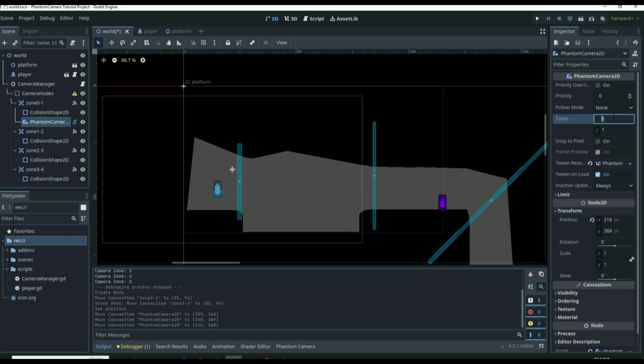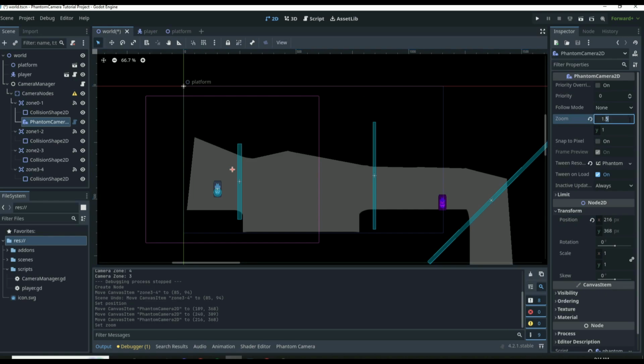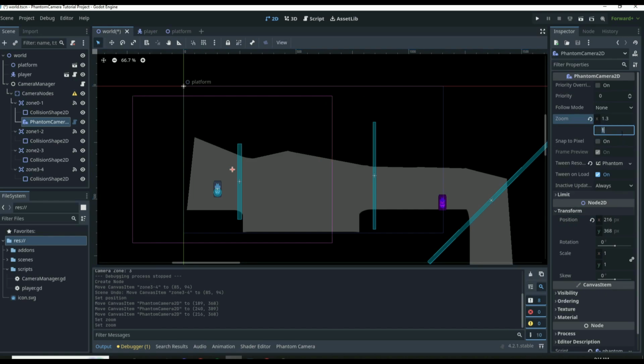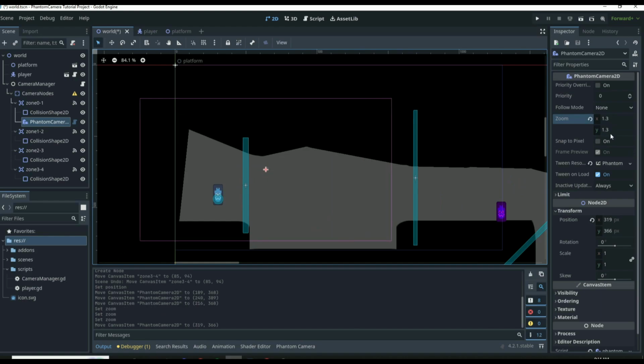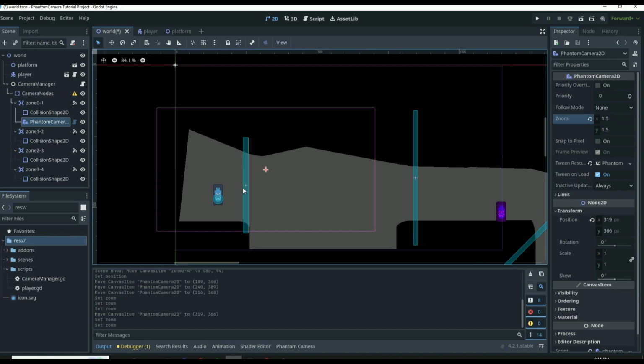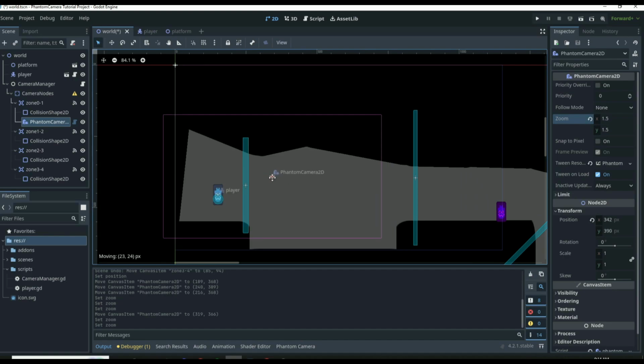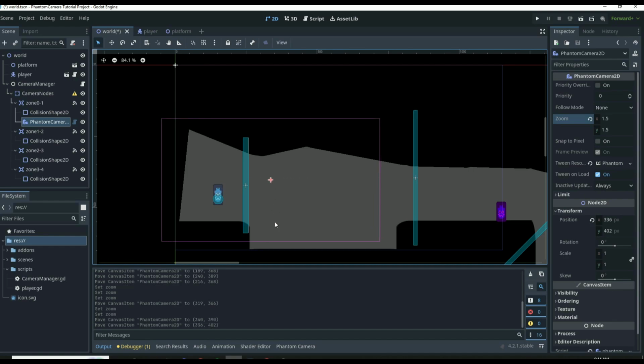So maybe we want the zoom, right? Maybe we want to zoom it in a little bit, because I want to kind of create like an illusion. Like we don't know what's beyond this area, so maybe we need more than that, maybe 1.5, right? So of course we want to be able to see the roof, we want to be able to see the wall, the ground, but we don't want to be able to see this ground here, and we don't want to be able to see that there's an area over here, because we want to leave that until the player jumps off, right? And then end up showing all that,